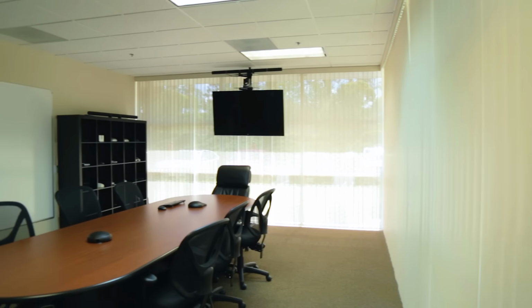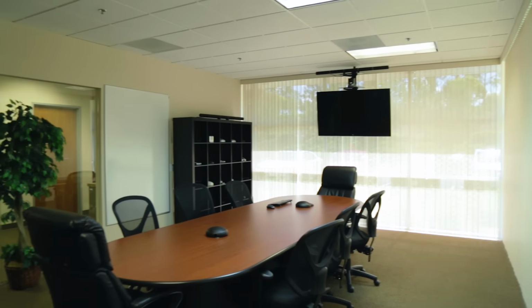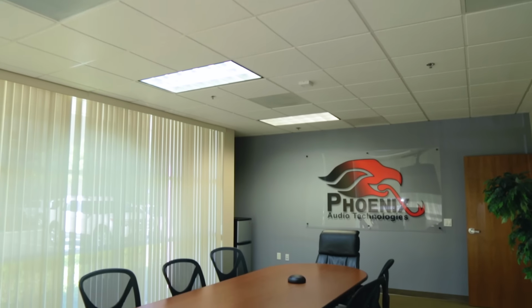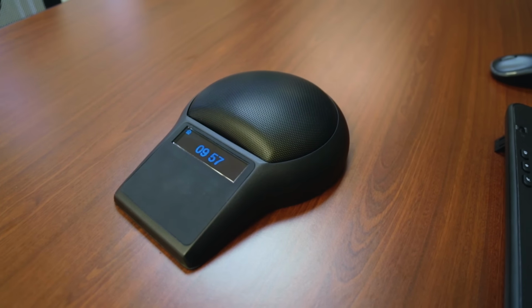We are in one of our mid-sized conference rooms right now. They'll seat anywhere between 8 and 12 people, 2.5 glass walls, lowered ceilings, wall-to-wall carpeting, but no acoustic treatment whatsoever. If your room is a little bit more complicated in terms of audio, you can always add more devices and improve the audio quality. The two devices we chose for this is, as our master unit, we have the 505